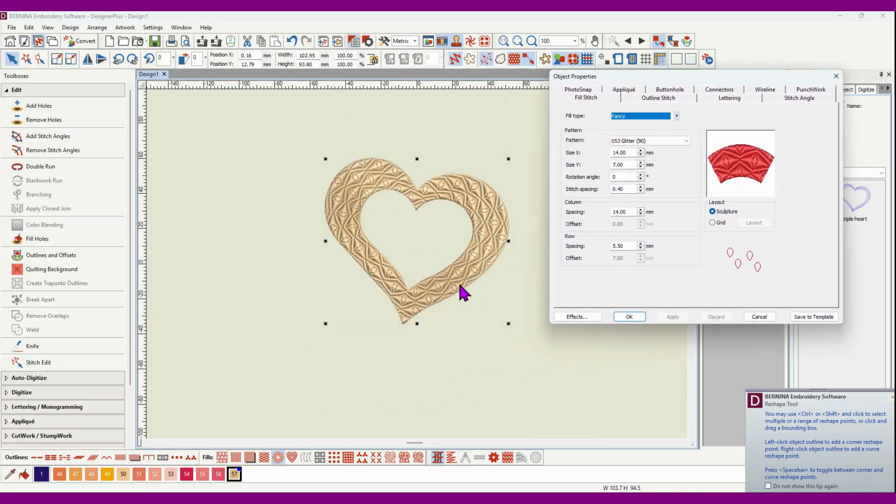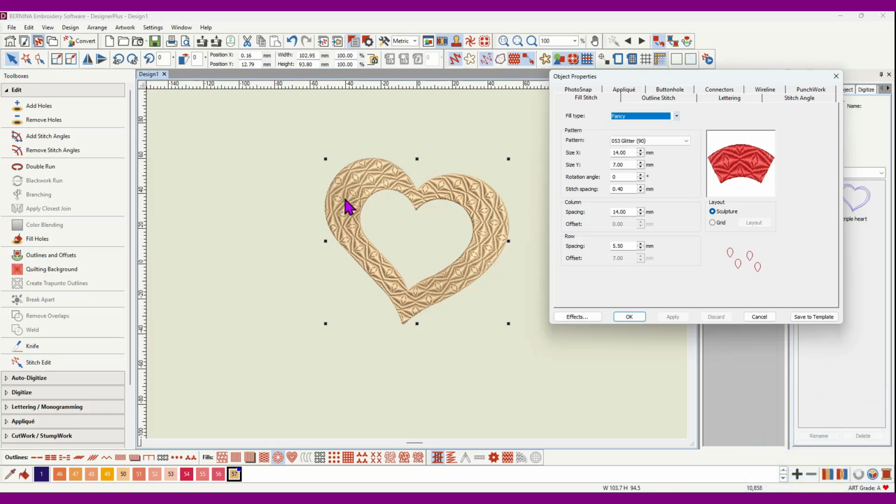This one's the glitter. And you can see that it curves around following the shape rather than just being a regular grid, but still creates really nice clear defined little diamonds and things because it's following the angles of the stitches. Okay,